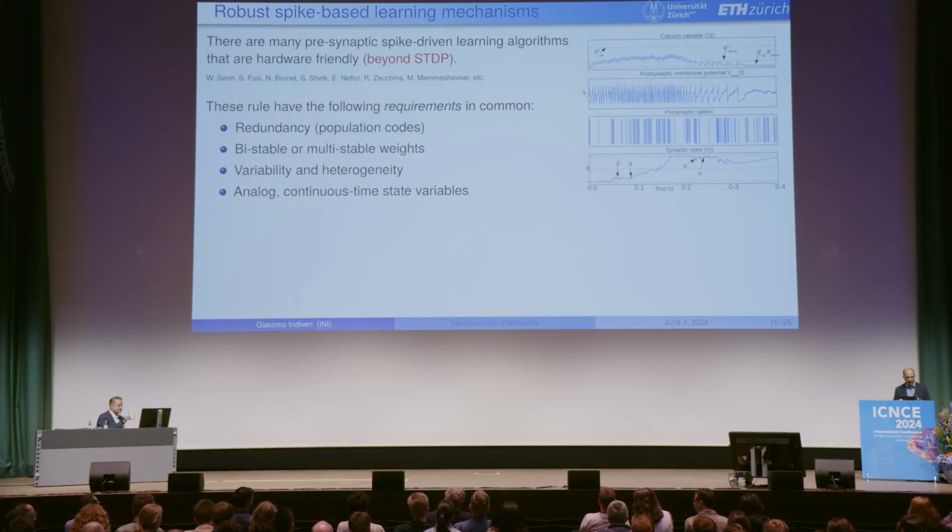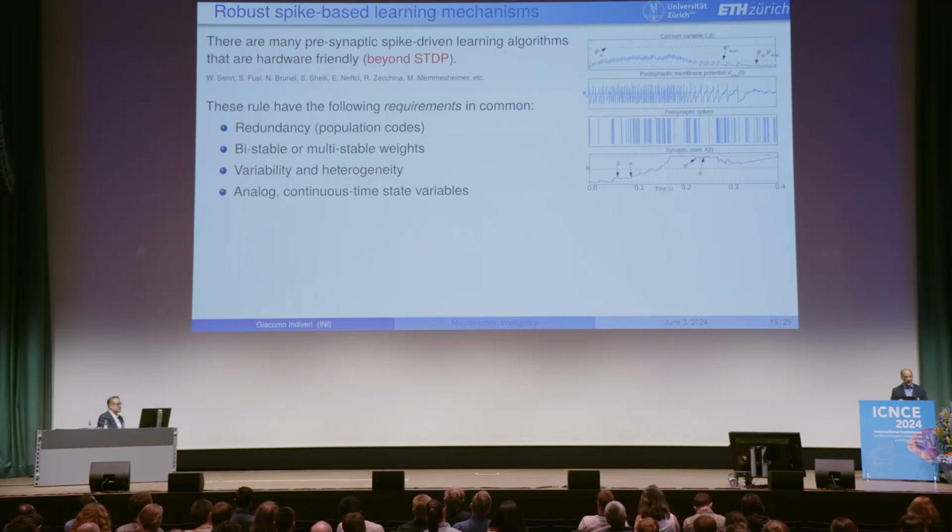This is something we have in VLSI. We can make many copies of our neurons. They don't require 32-bit floating point. They actually can work with 1 bit. If you have bistable state variables, bistable synapses, or if you want multistable, 2, 3, 4 bits, you can still get very, very high accuracy in your pattern recognition performance.